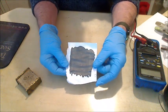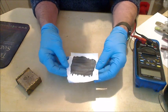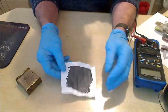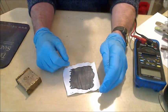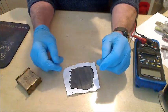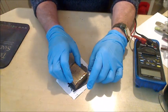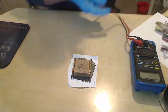If this was graphite, there's no binder in this. If it was graphite, it would just fall off the paper. If it sticks to the paper, it tends to be, in my belief, platelets of graphene. I don't know how many layers. It could be 1, it could be 100, it could be 1,000. But generally speaking, I'm getting pretty good conductivity, and I don't need to burnish it at all, which tells me